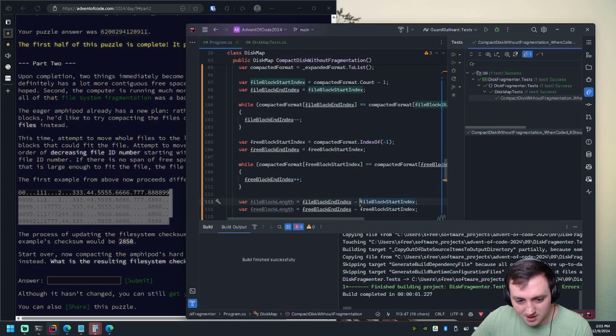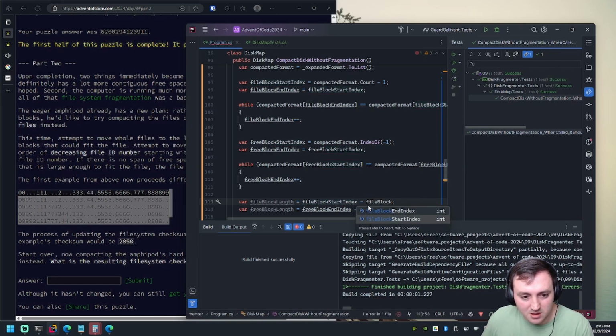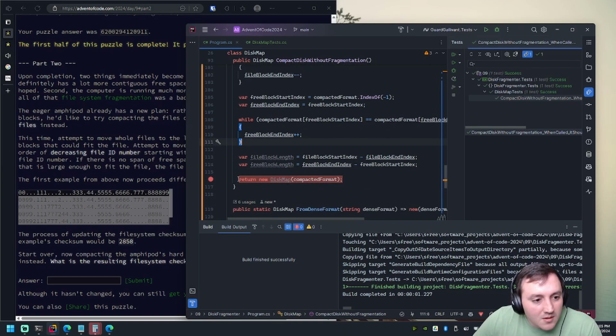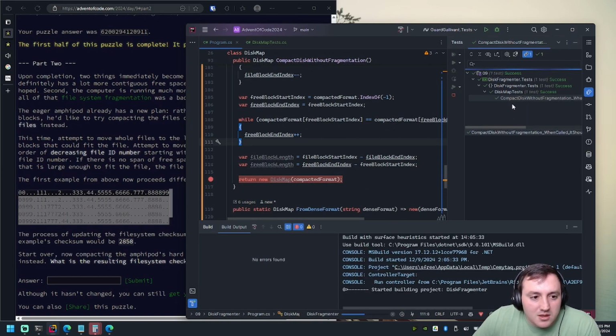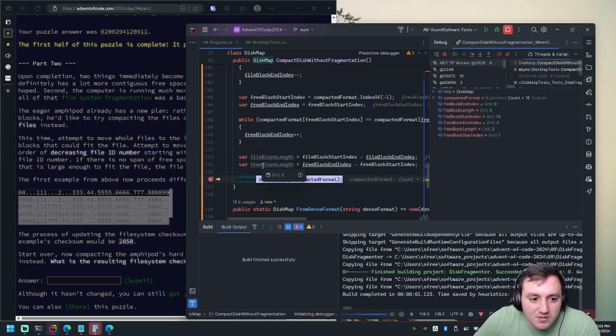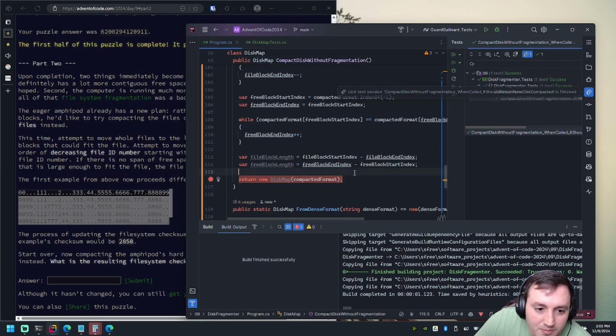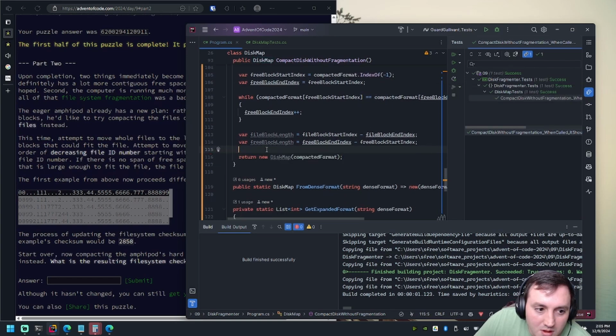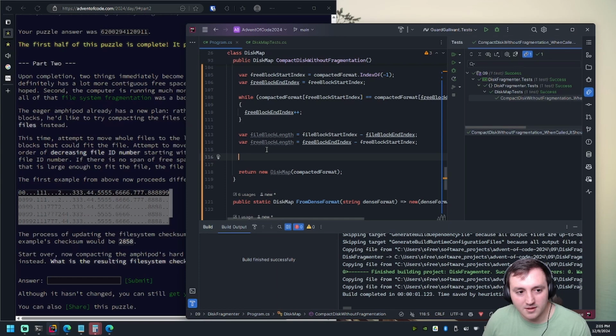Because we're going from the end, we actually will do this. That way it's 14 minus 9. Block that. Debug. This should be 5 and 2. Yep. Okay. So that means if